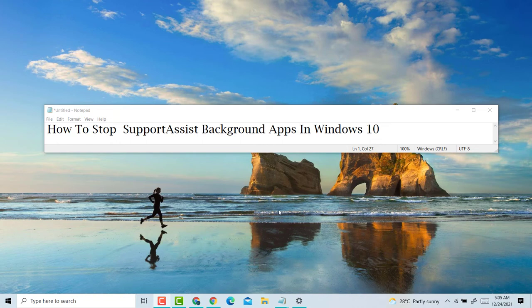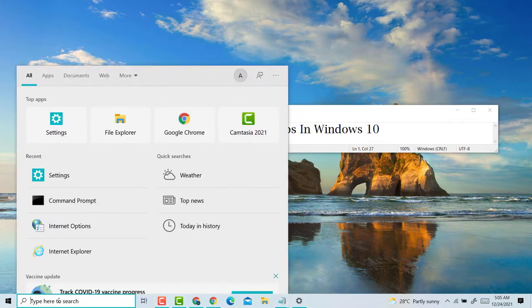Guys, today in this video I'm going to show you how to stop SupportAssist background apps in a desktop PC or laptop. So guys, if you want to stop SupportAssist background apps in a desktop PC or laptop, it's very easy. Firstly, start,